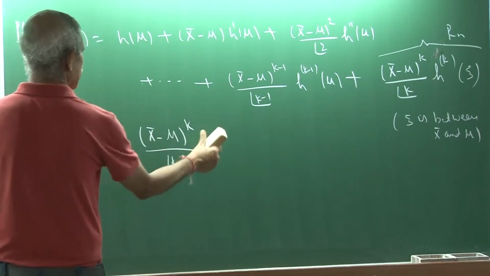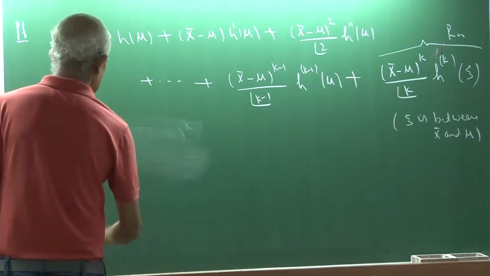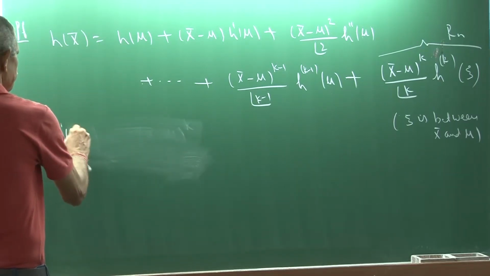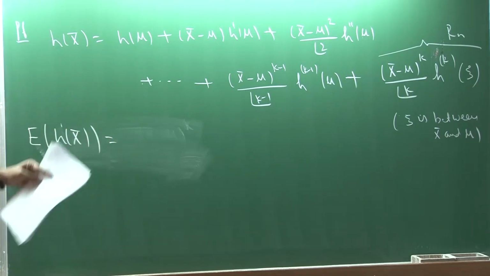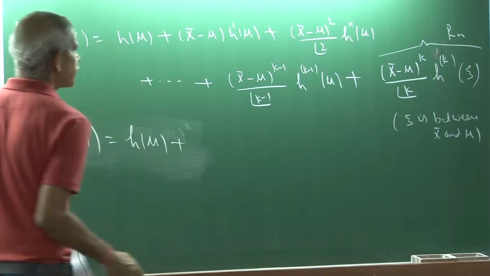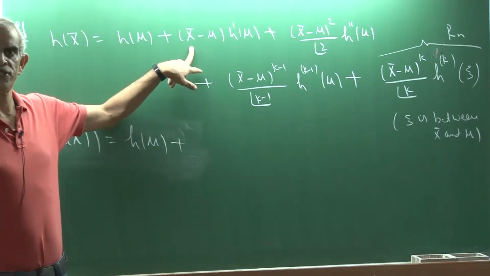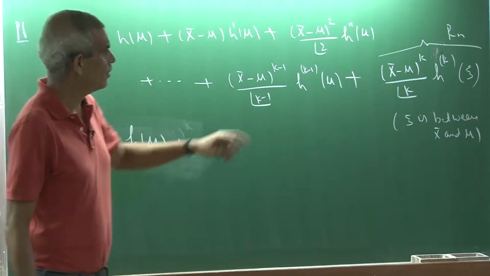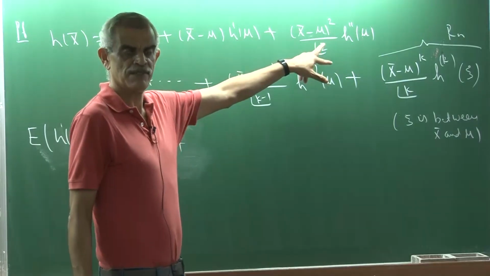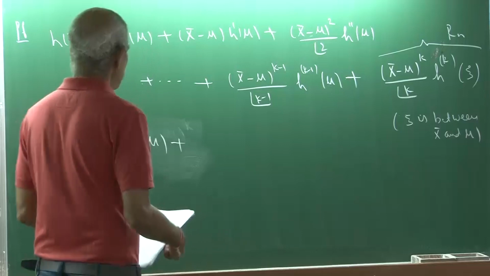Or what you can do is just directly see what the expected value of h of x bar is. It is the same as h of mu plus the expected value of x bar minus mu, which is 0, so this doesn't contribute. Then the expected value of x bar minus mu whole square is sigma square by n, that is the variance of x bar. So sigma square by 2n